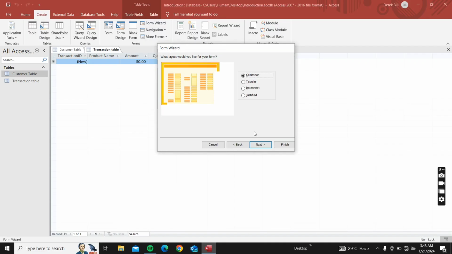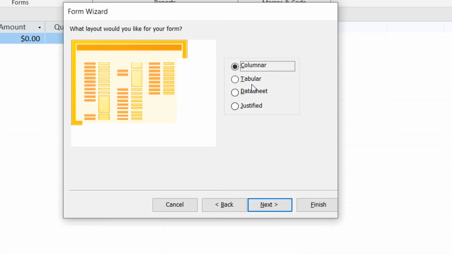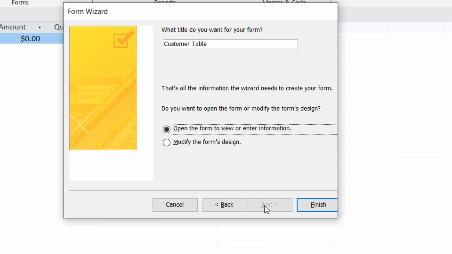So it wants to know the view that you want to see. We have the columnar, the tabular, the datasheet, and the justified. The columnar means it's going to show you your fields in a form. We will look at the various views one by one. So first, let's just choose columnar. Move to the next